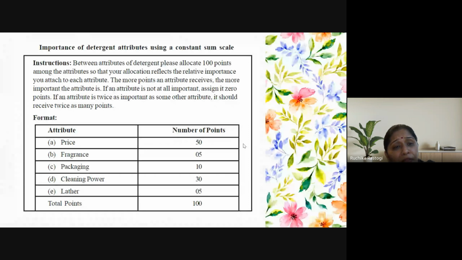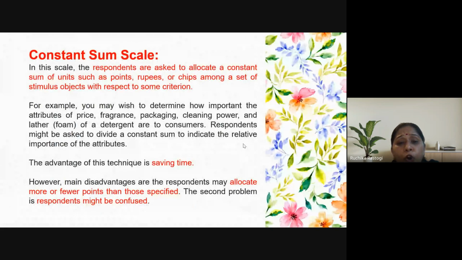Because if you make the question very tough, and the respondent is not able to understand, they give answers that may create some kind of non-sampling error too. The respondents are not ready to give you the answers, and the error which comes at the end of the day is called the non-sampling error. So to avoid non-sampling error, these kinds of methods can be used, and one very powerful method is called the constant sum scale.